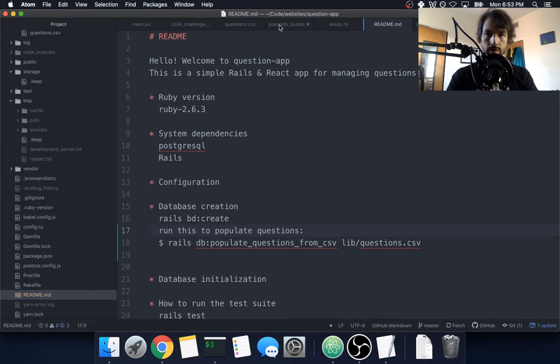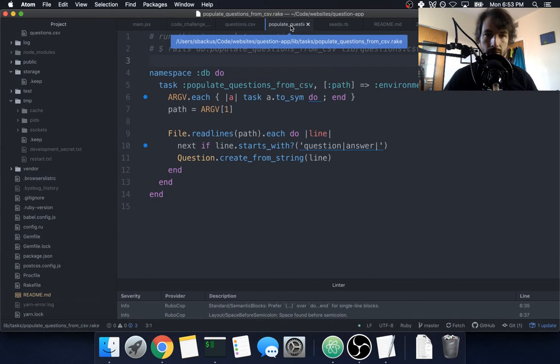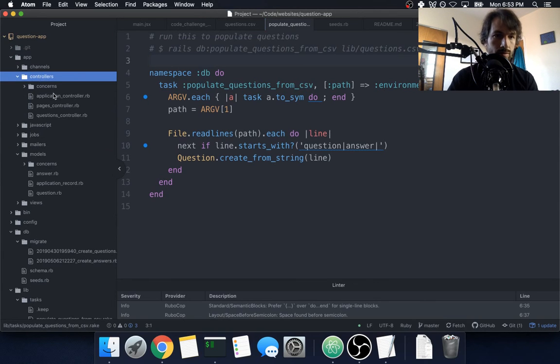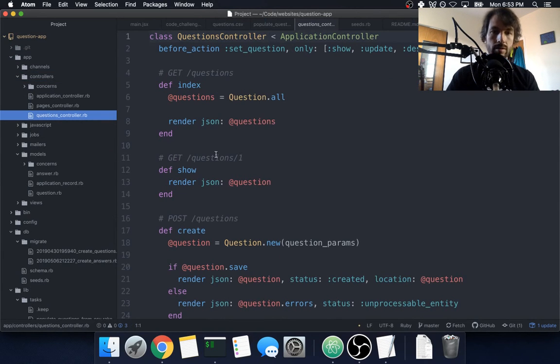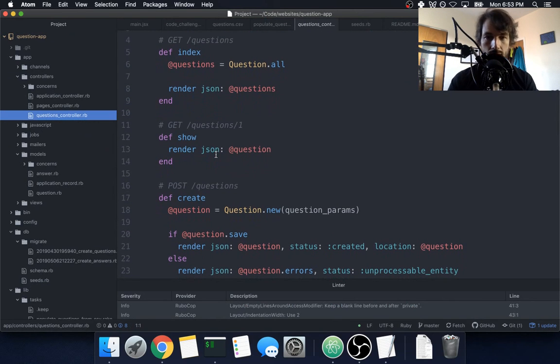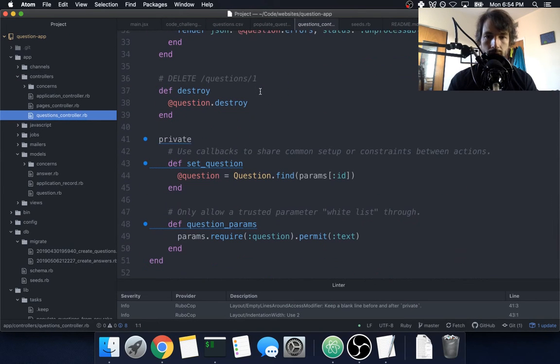So in our controller, I think we're going to want to update it to include that. Where is our controller? App, controllers, questions controller. Yeah. So here we can do